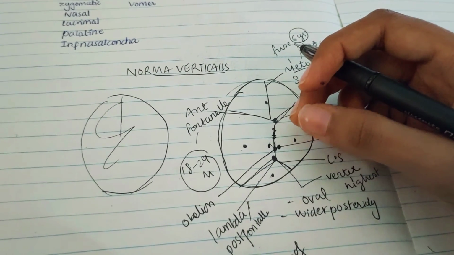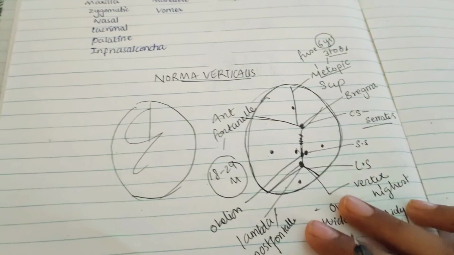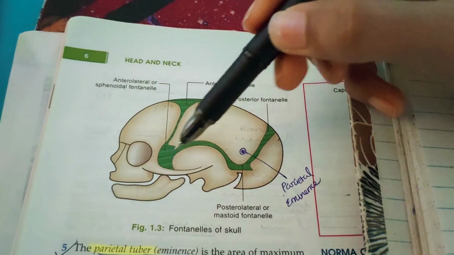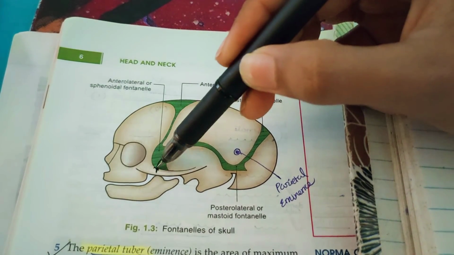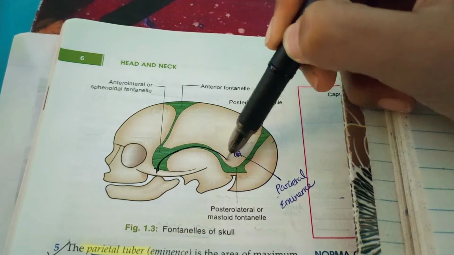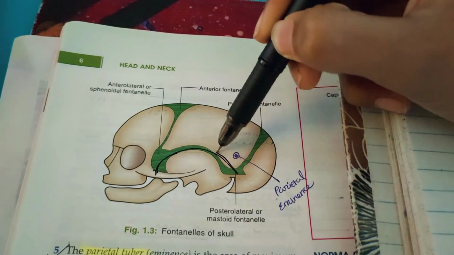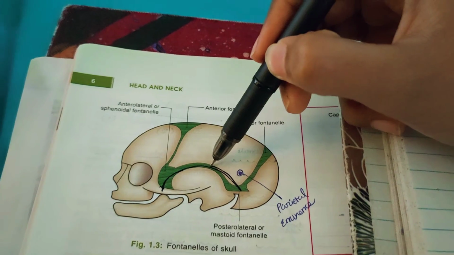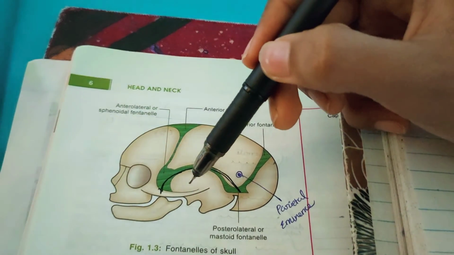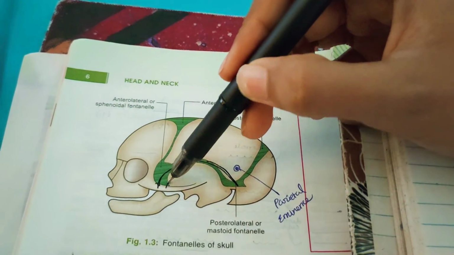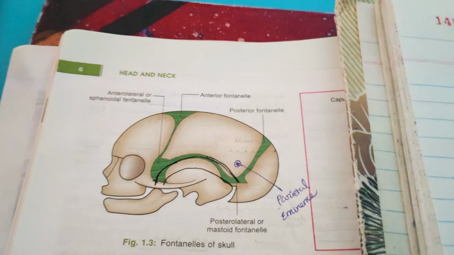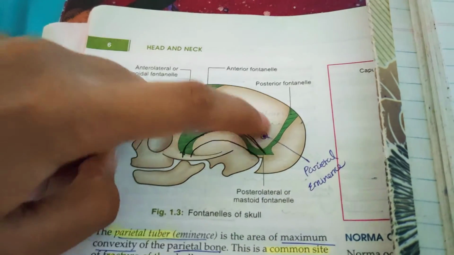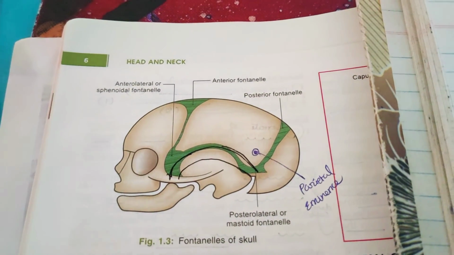And next, coming to the temporal lines. So let me show this diagram. Actually there will be superior and inferior temporal lines which will be coming from the zygomatic process of our frontal bone. So here you will be getting the anterior frontal line and also the superior temporal line and inferior temporal line, like this. Okay, they are not so prominent, but we are drawing it. That's it. So this is the superior temporal line, this is the inferior temporal line.